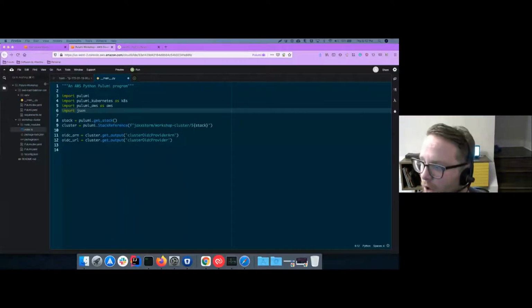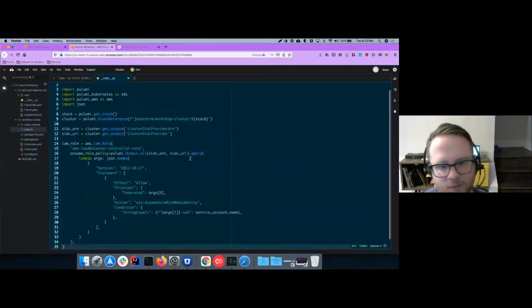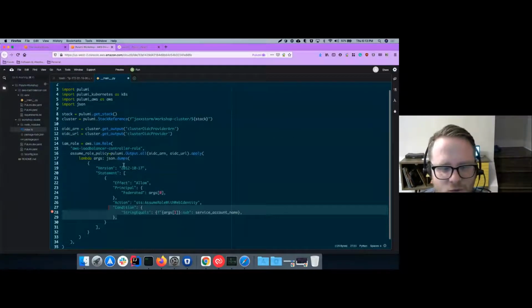And then I'm going to copy and paste this because I am conscious that time is kind of getting away from us here. And then I'm going to talk a little bit about what's happening here. So we're creating a variable called IAM role. We're using the aws.iam.Role resource to create an IAM role. And then what we're doing is we're passing the two values that we have gotten in our stack reference, these two values, into our